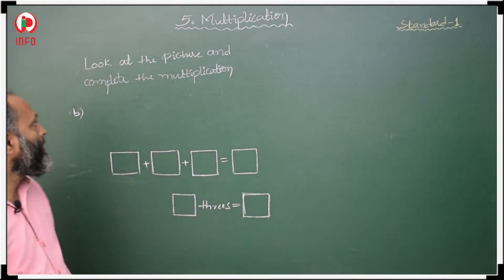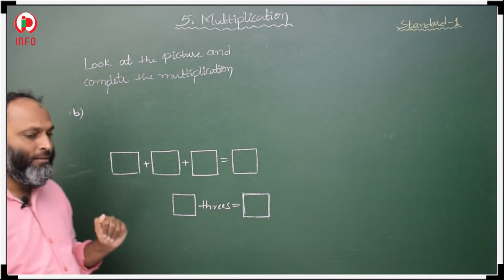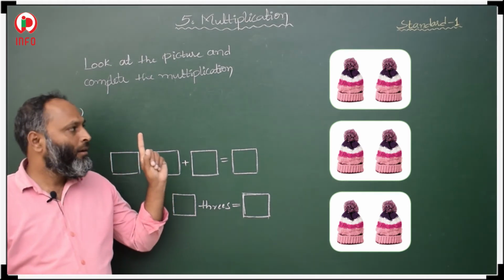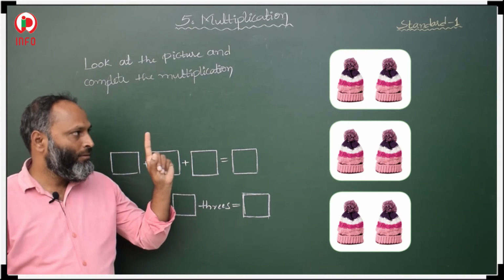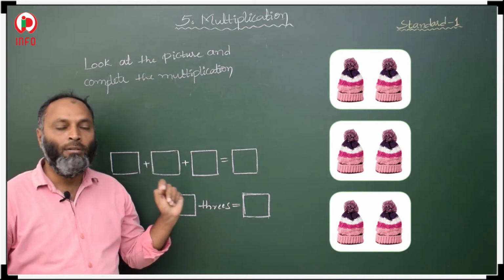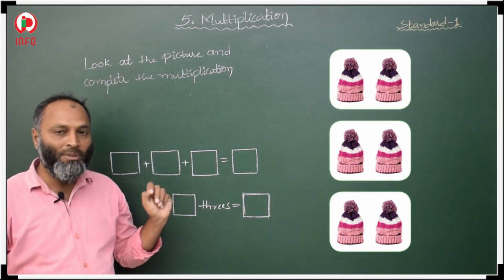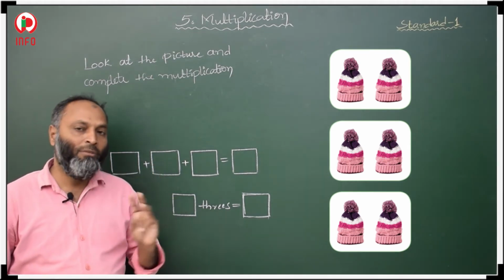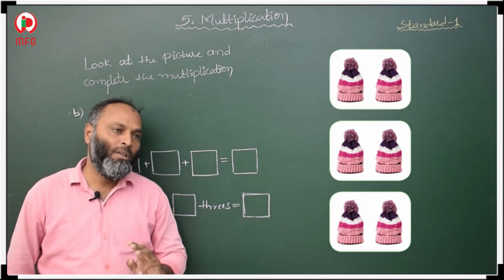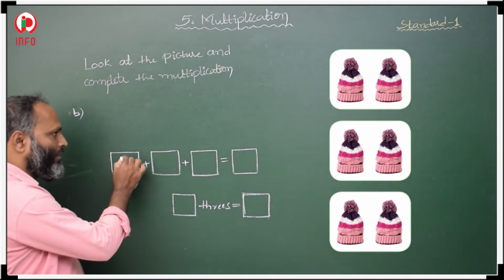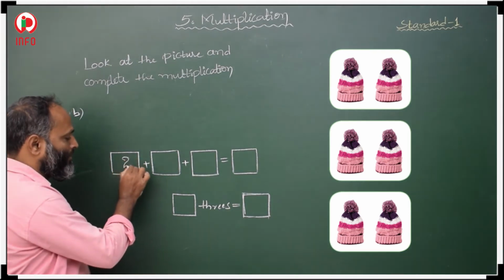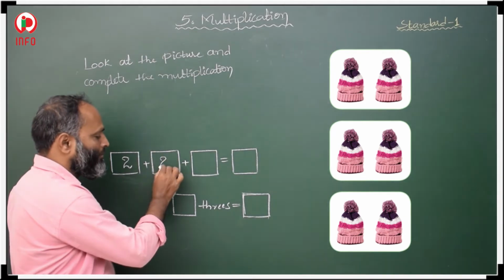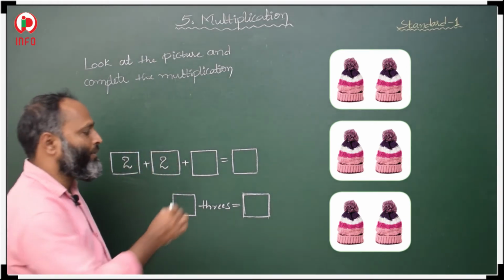Okay. Now students, see here in the second question, caps were given. So see how many caps are there in each group? 1, 2. 1, 2. 1, 2. 2 caps are there in each group. So in each group we have an equal number of caps. In the first group how many caps were there? 1, 2. In the second group? 1, 2. In the third group? 1, 2.